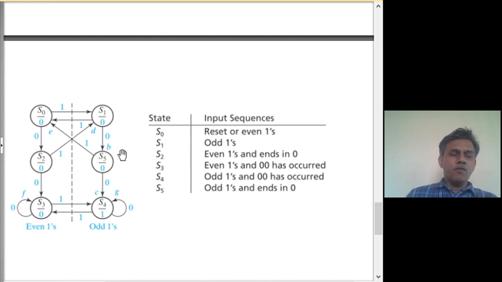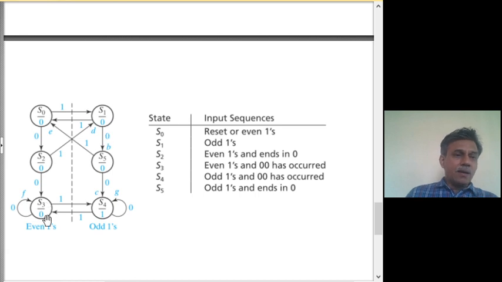Now we know how to keep track of the even and odd condition, and the condition of 2 consecutive zeros is also being handled. No more states are required to capture the functionality. But the states have to be consistent. What do we mean by that? That is, in any given state, the possibility of both 0 and 1 can occur, and they have to be handled. So in S0, a 0 and 1 have already been handled. In S1 also, 1 and 0 have been handled.